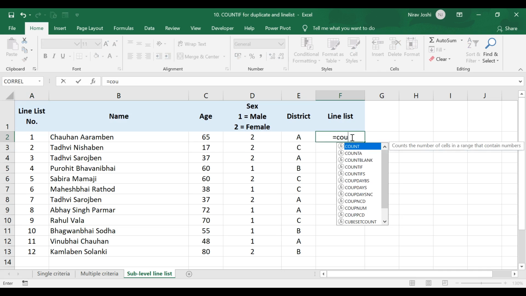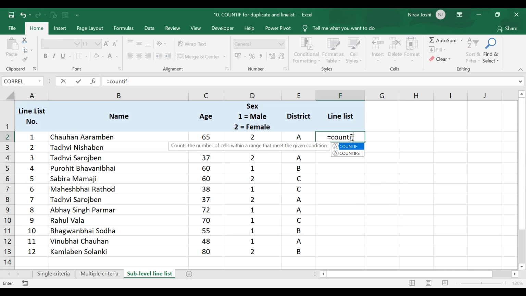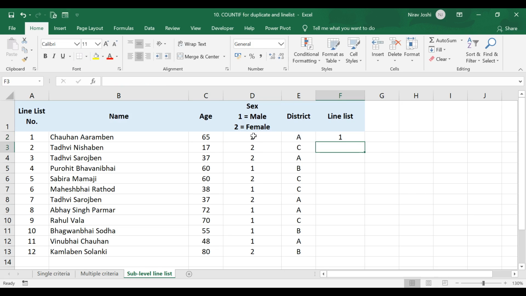So here we will use the same formula based on the criteria of the district. Fix the first cell, use the criteria, enter and drag that one downwards. So what is happening here?